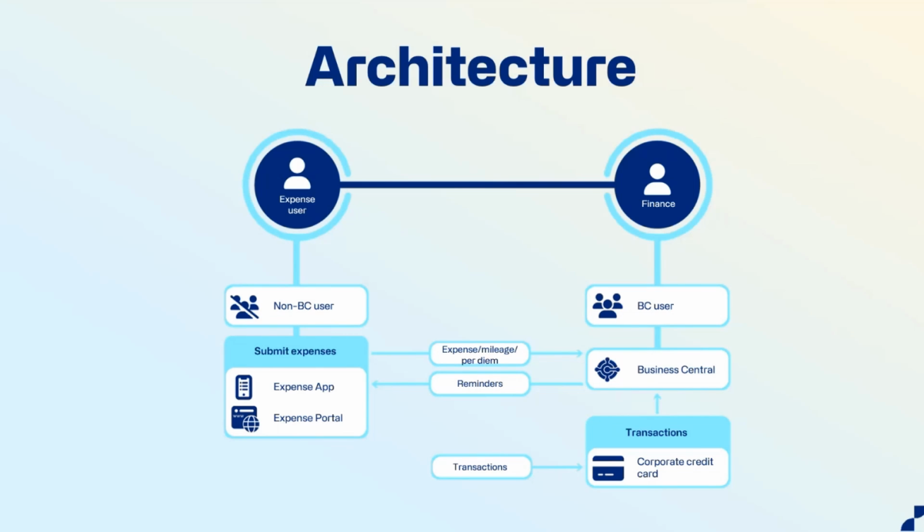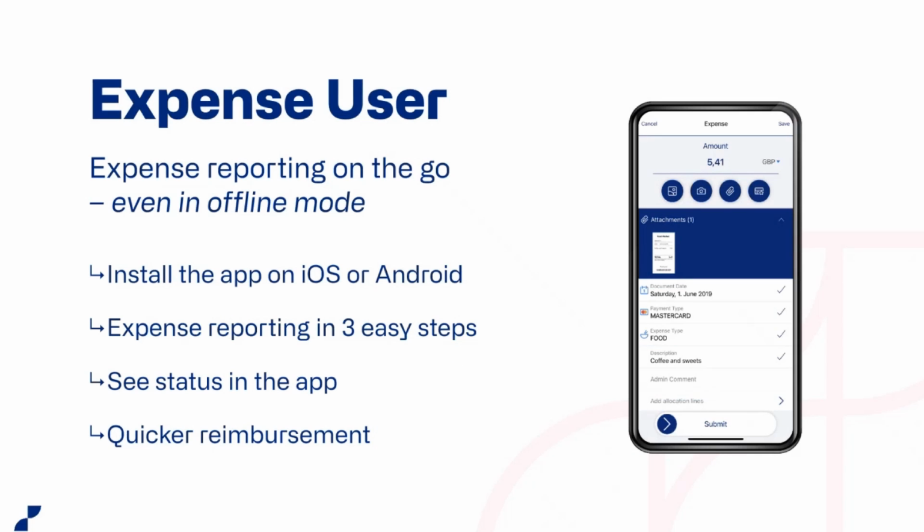And the next thing I want to talk about is the expense user and what their experience is. So as an expense user, you can fire up our app, and you can just take a photograph of a receipt. In this case, I've taken a photograph of this receipt where I was buying some coffee and sweets, and I used my MasterCard, and it's picked up the date. So it picks up the date, it picks up the amount, and it picks up the